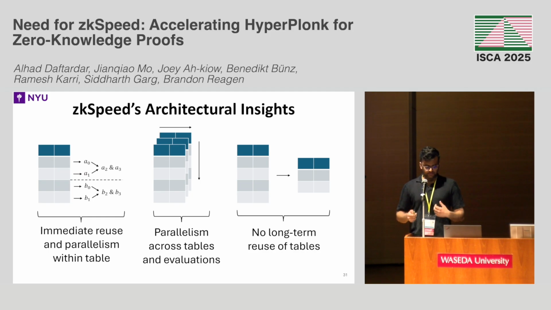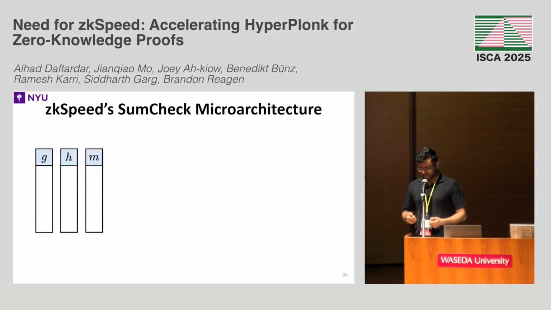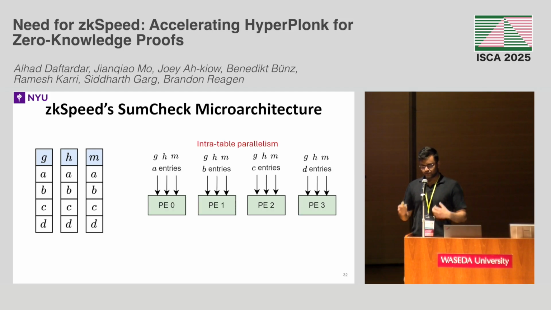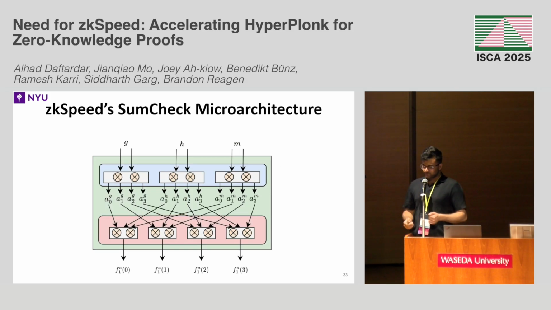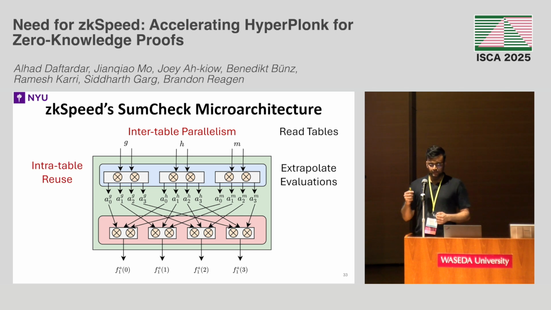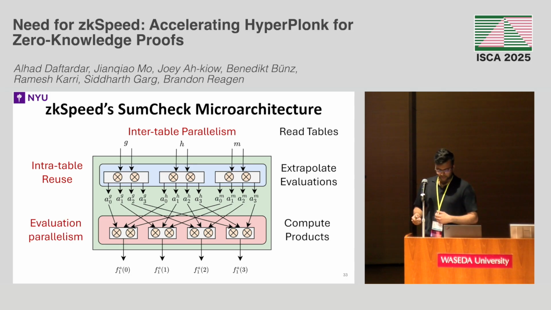So how does this affect the microarchitecture for zkSpeed SumCheck? We can think of an example again, G, H, and M. First, we can partition these tables into equal-sized chunks and allocate each of these partitions to an individual processing element, leveraging intra-table parallelism. Then, if we look inside a single PE, what we can do is read these tables in parallel, leveraging inter-table parallelism, extrapolate the evaluations, leveraging inter-table reuse, and then compute the products in parallel, leveraging evaluation level